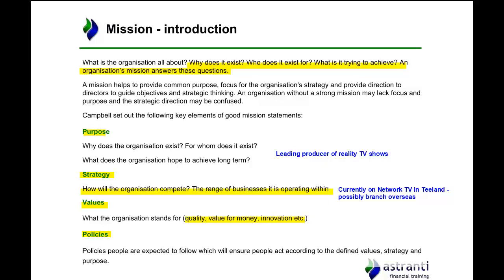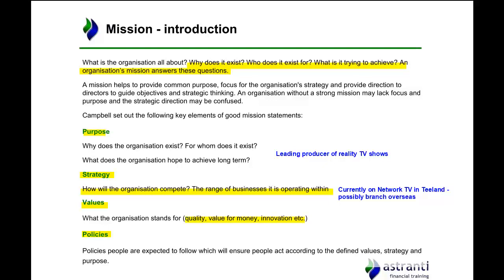So a good one here for this particular company, for Evestar, would be something along the lines of producing high quality reality television at a low cost. So therefore, the people who work for your organization will always have that in mind. They'll always think to themselves, is this going to be cost effective? And this helps create and foster a culture in your organization that reflects your goals, your end goal, your end mission statement. And that's important because culture, the culture of the workforce, can often have an impact on your overall